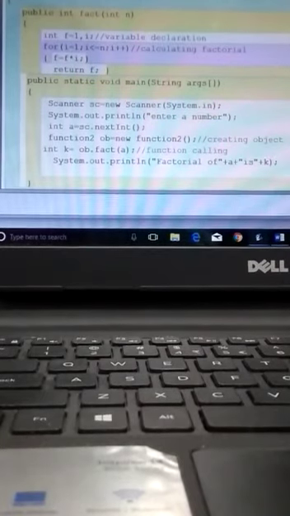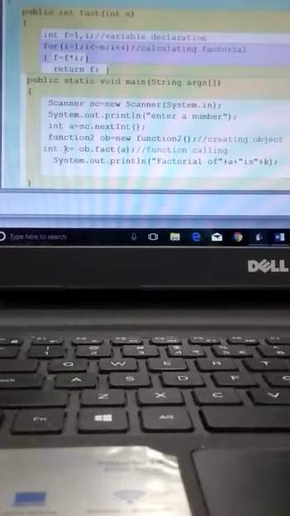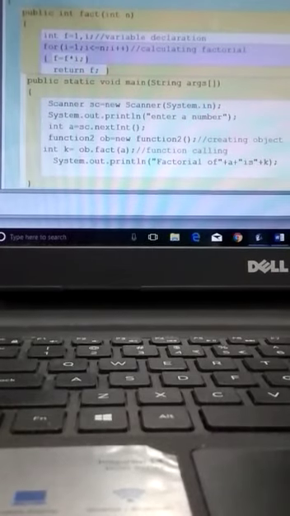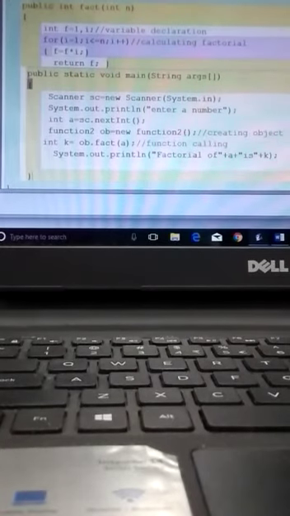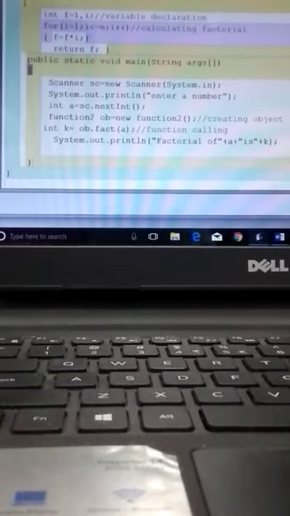As soon as the value passes over here from where the function is called, it will store the value in the variable k. So after storing the value 120 in variable k, it will print factorial of 5 is 120. Let's see. And then our brackets are closed, that is two parentheses are closed, one is of void main and the other one is of class. Let's compile the program and see the outcome.